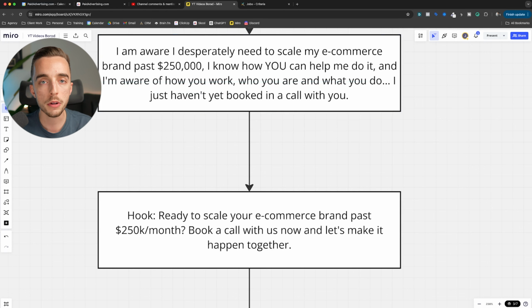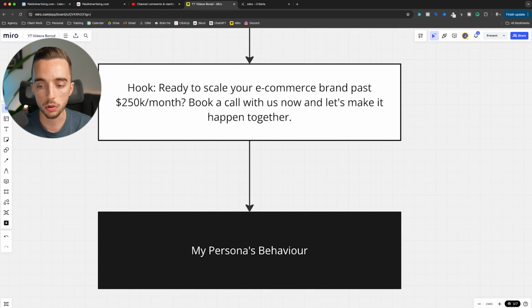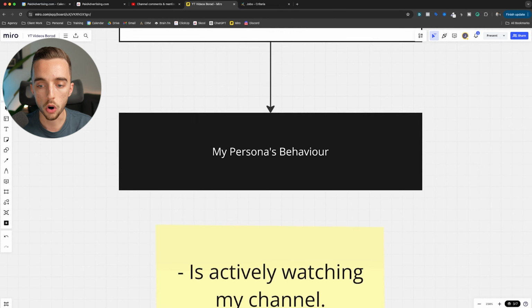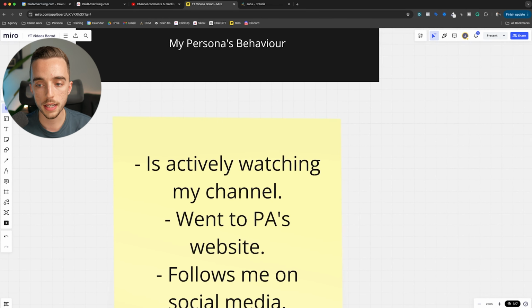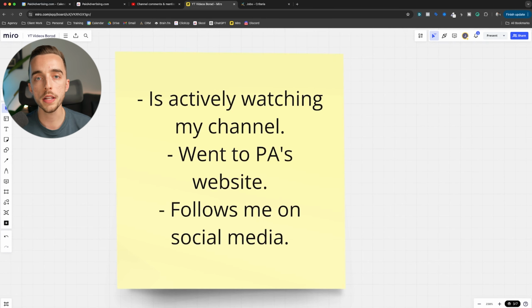because they're already so deep into that funnel. How does Meta know that? What is my persona's behavior online? Well, my pixel knows that this person is actively watching my YouTube channel. My pixel knows that this person already went to our website, paidadvertising.com, many times. My pixel knows that this person follows me on social media. Therefore, the pixel assumes that this person knows a lot about me already